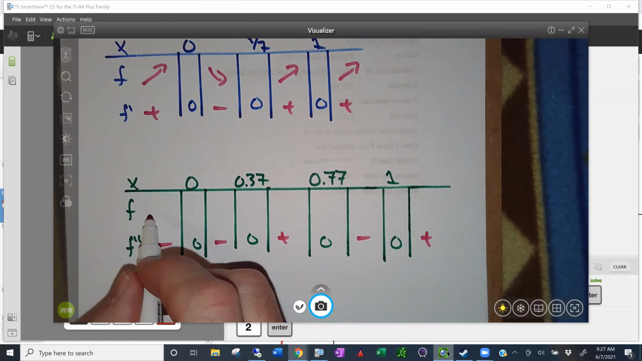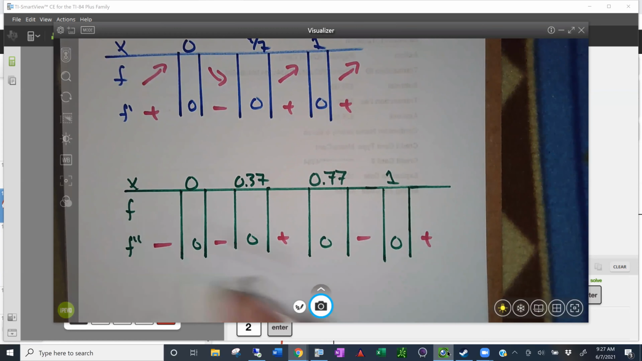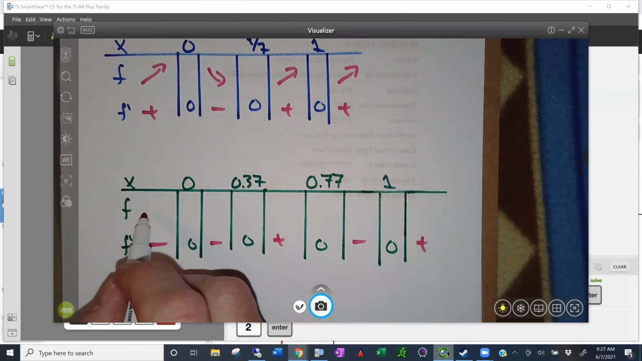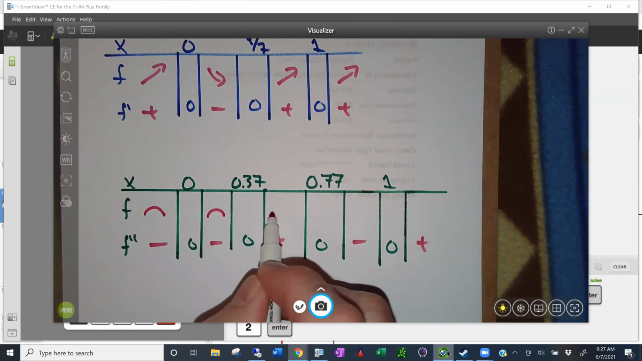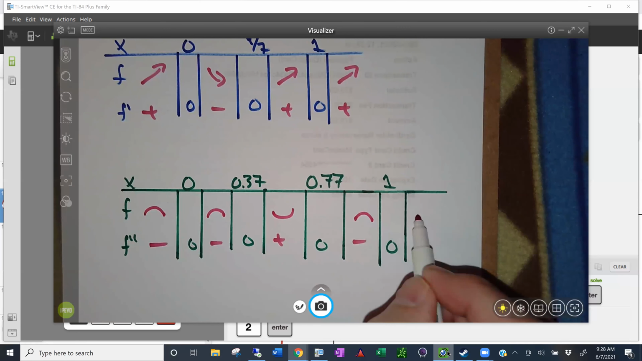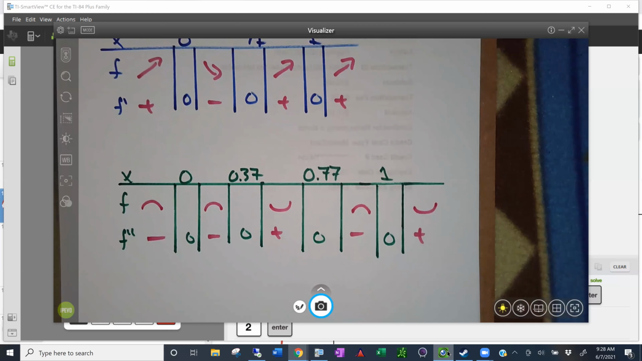We're no longer worrying about increasing and decreasing, but where it's concave up or concave down. Which one is this? Concave down, down, up, down, up. And we should see that match the graph. So once you have these charts made, you can fill in stuff like concave down on negative infinity to 0, union